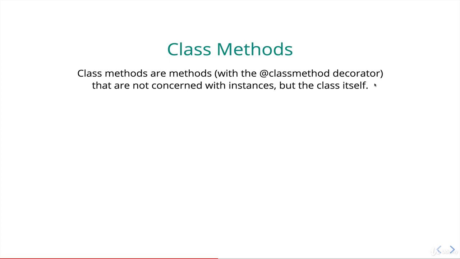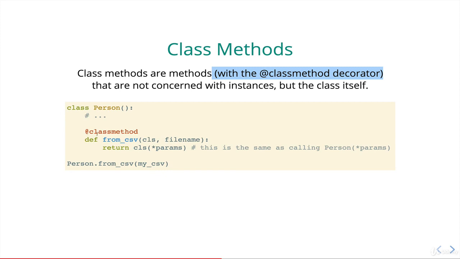Before we go any further, you might have noticed I skipped this little parenthetical here when I was reading it out loud. So class methods are methods with the @classmethod decorator. We haven't talked about decorators yet. Basically, all I'll say about it for now, it's a little bit of Python magic, syntactic sugar is what people would call it, that goes in front of a class method. So this here is a class method. Don't worry about what it does. But notice that this @classmethod is on the line before it, and that signifies that the next method is actually a class method, not an instance method.